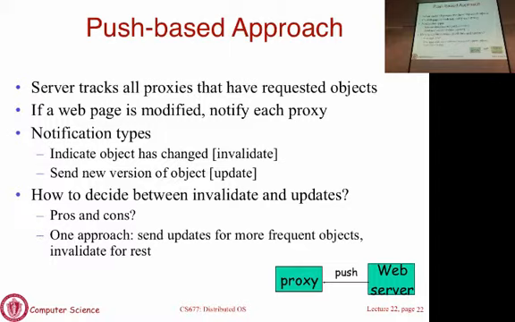For less popular pages, the opposite is true. If you take the trouble of sending an update and sending the page, the proxy may never see any subsequent request because this is a lightly accessed, infrequently accessed page. So you put in all the effort to send the page, and the proxy doesn't need it. Nobody's accessing it. It's just going to waste your bandwidth. You may as well send an invalidate, and if somebody actually happens to request it, come back and access it. Otherwise, just discard it from your cache, and that's all you need to do. So you can decide based on the popularity of content which one to use.